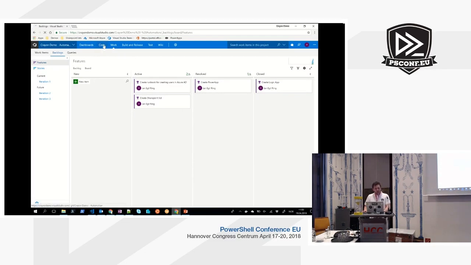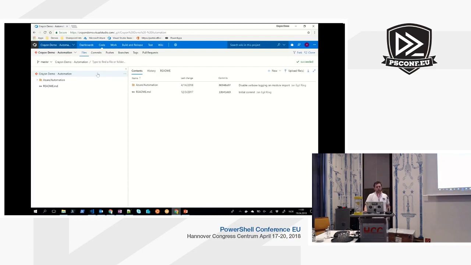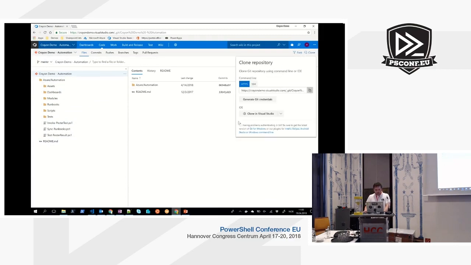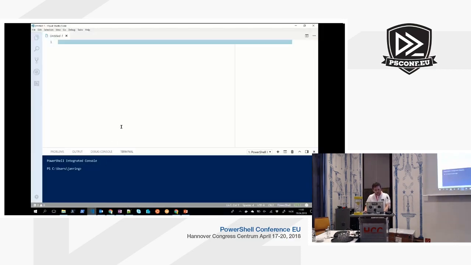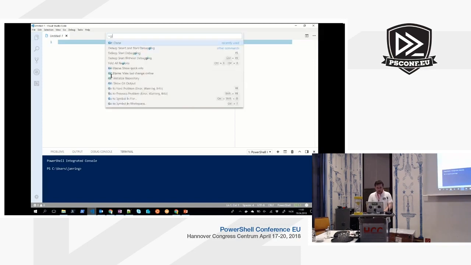Next, we have code. Here we have support for Git repositories. When you create a project, you get one default repository, but you can create additional ones as needed. But here I'm keeping it simple. I'm just using the one Git repository. Here you can see all of the code is available in the browser, but we can simply go and clone it. So if you open Visual Studio Code, git clone,